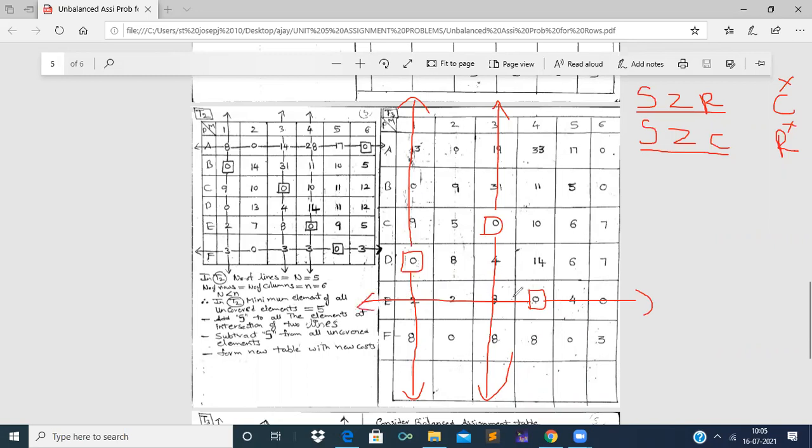Right? As the assignment is made in this fifth row. Next, proceed for single zero column search for fifth column. So in fifth column also we find a single zero, right? As we are searching single zero column, therefore we should strike off the row. We should strike off the sixth row as the assignment is made in the sixth row.